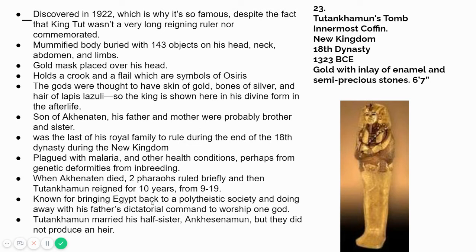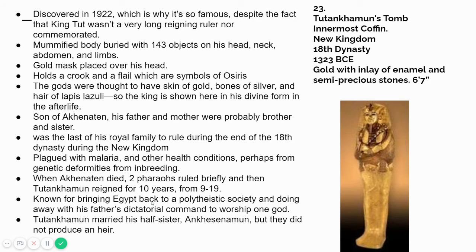Because of those bloodlines, trying to be as pure as possible, we have studies and evidence that King Tutankhamun was probably the son of a brother and sister relationship. He was the last of his royal family to rule during the end of the 18th dynasty during the New Kingdom, and we know that he died from malaria, but there were definitely other health conditions that were very prevalent throughout his whole life, and pretty sure that they existed because of genetic deformities and the consequences of